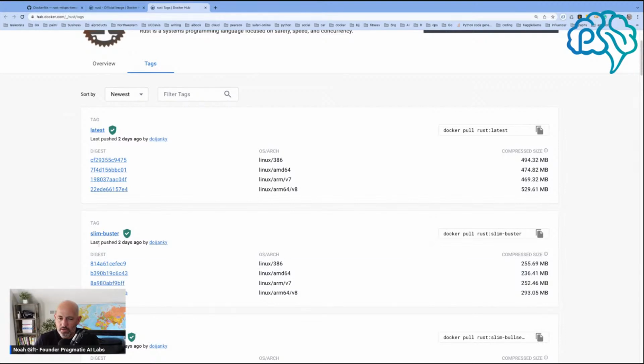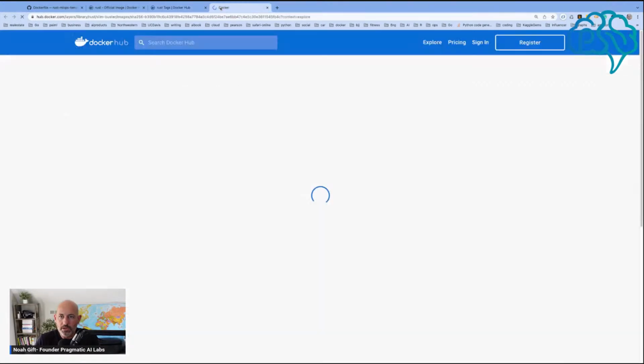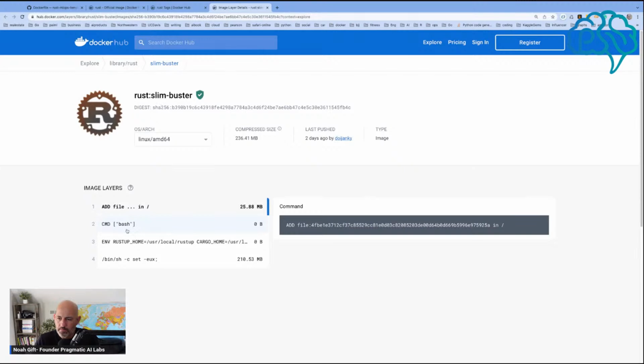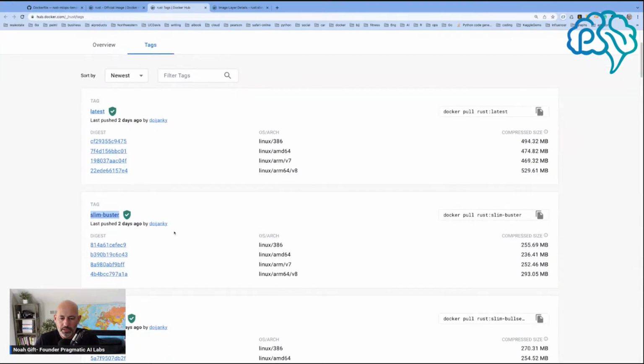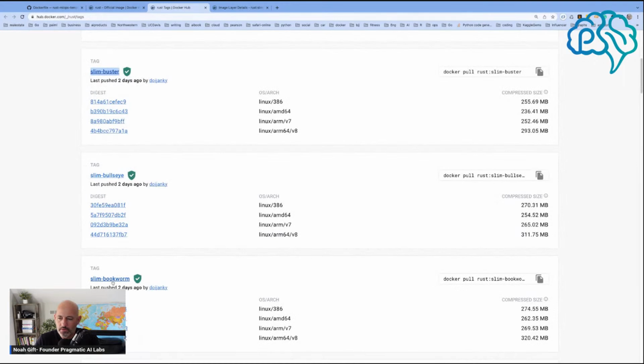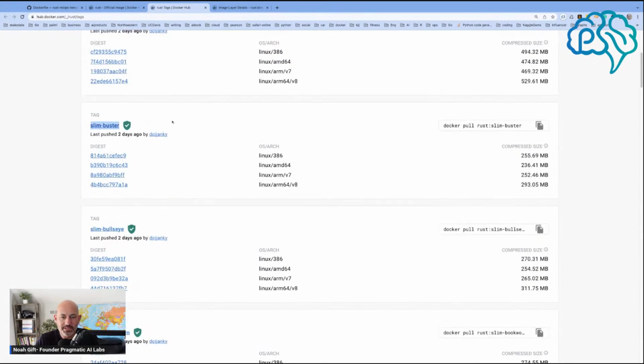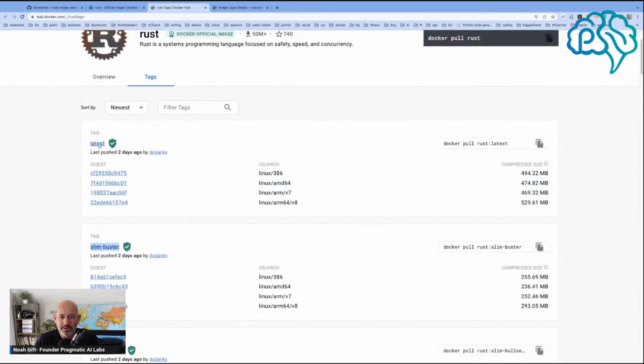Why do I not know the difference between Buster and Bullseye? What does that mean? Is it just a version of Debian? Is Buster the latest one? We have Buster, Bullseye, Bookworm. Which one's smaller? So this one's the smallest one. And then we have latest. But Slim Buster, I'm assuming